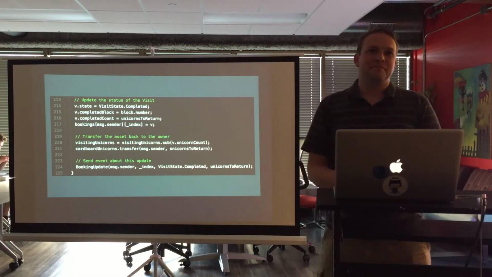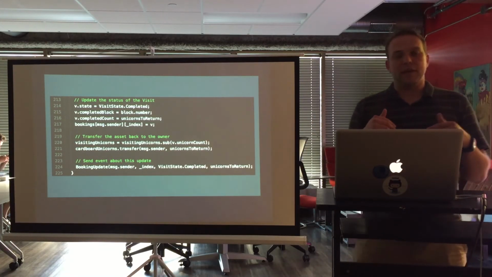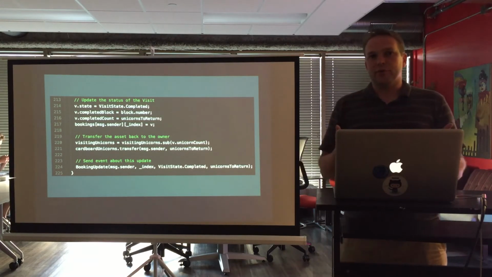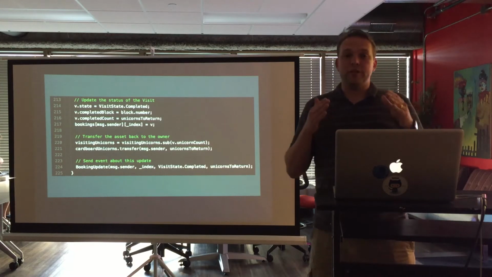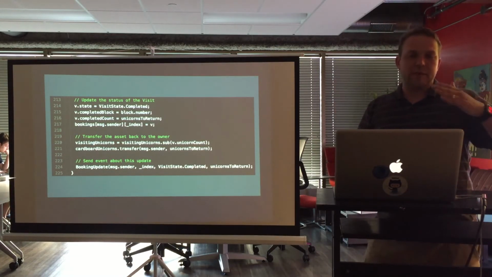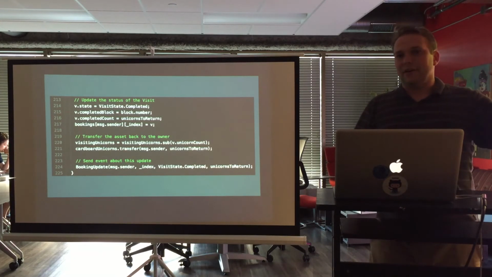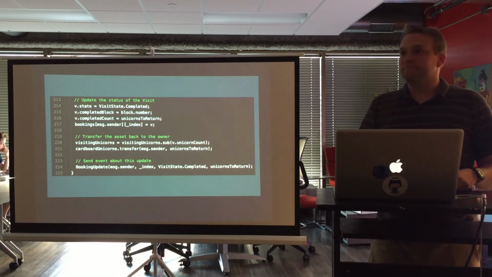Yes. Yep, and so the linkages between them, I had to develop in the functions that allow me as the owner of it to be able to change where it's pointing to. And yes, it's only as flexible as I built in that first time. And I did build in the ability for the assembler to point to a different cardboard unicorn contract if I needed to. Okay. Yep, over here.